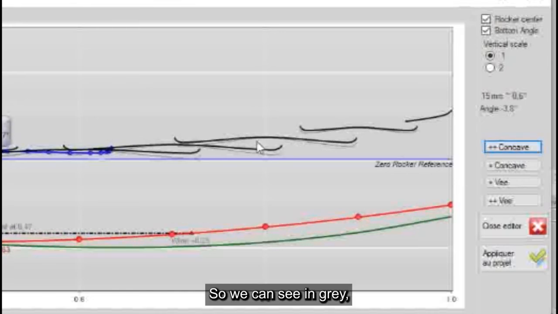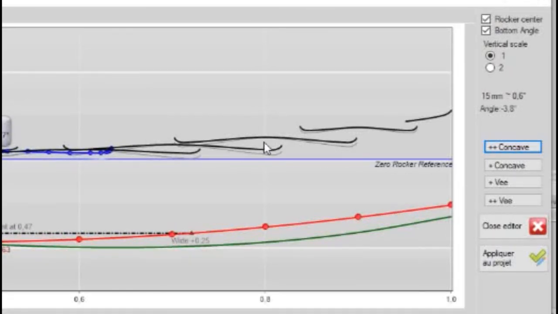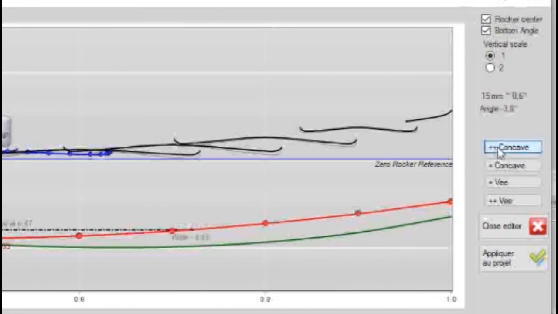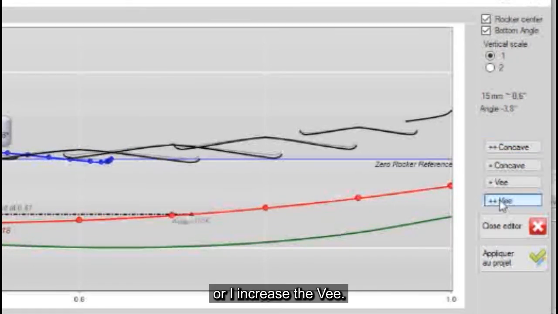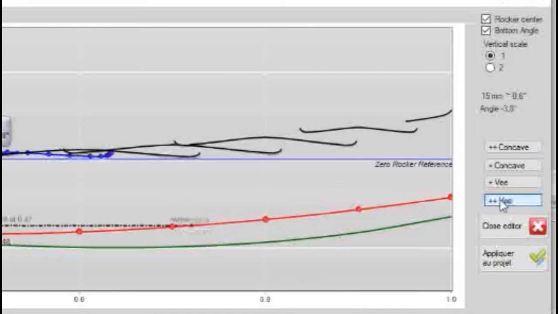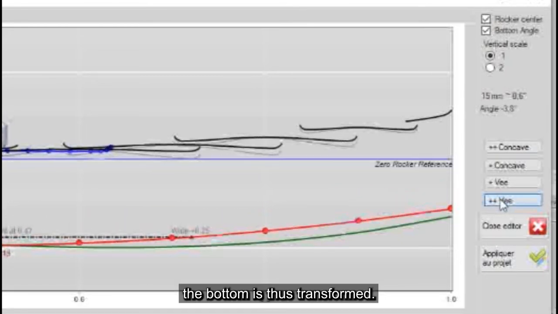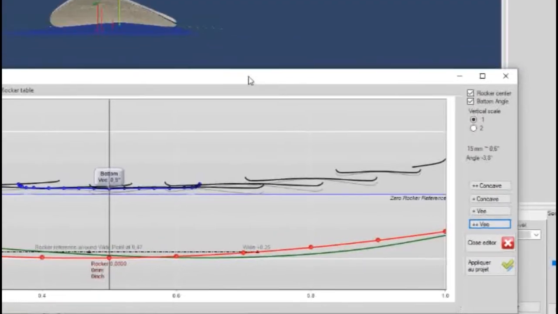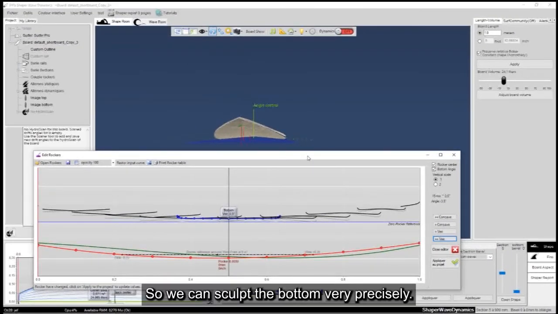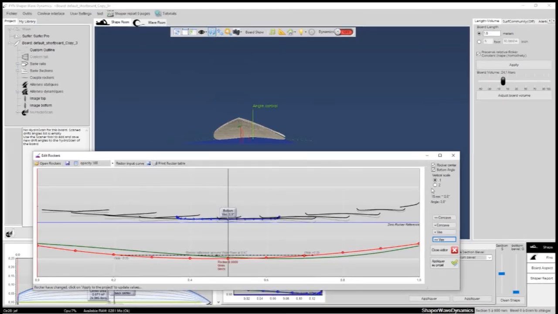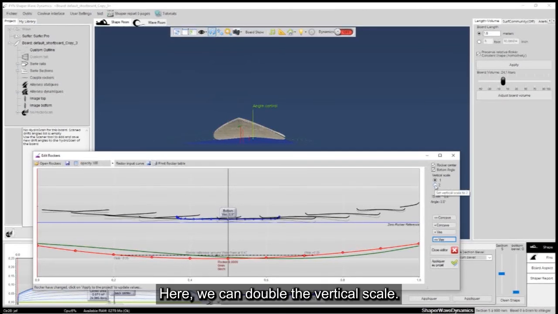So we can see in gray the old shape of the bottom. I increase the concave, or I increase the V. The bottom is thus transformed. So we can sculpt the bottom very precisely by controlling the rocker. Here, we can double the vertical scale.